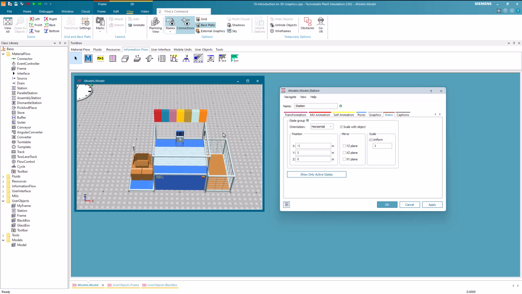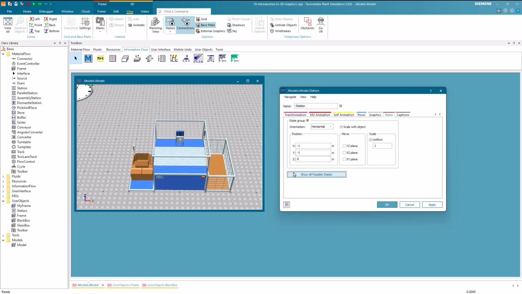We can also adjust the position and could bring them in front of the station by setting the y-coordinate to -1 and the z-coordinate to 0. Additionally, we can mirror or scale the graphics of the states.